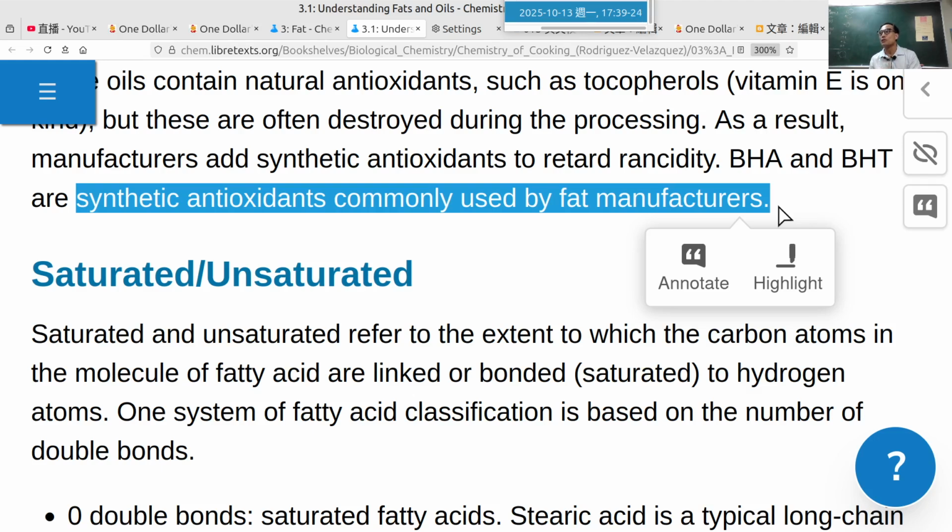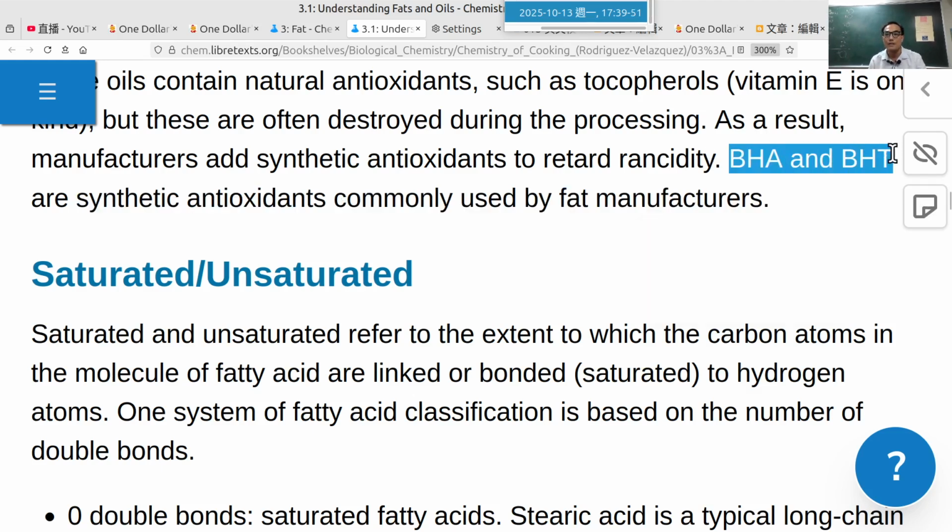Do you know what is instant noodles in Taiwan? Instant noodles, but in Japan they call it ramen. But different in our language, ramen is different type of food. But I watched some comics in the US. They call the instant noodles in Taiwan called ramen. I don't know why. If you have chance to check the labeling on the package, you may have chance to read the oil used in the instant noodles contains BHA or BHT.